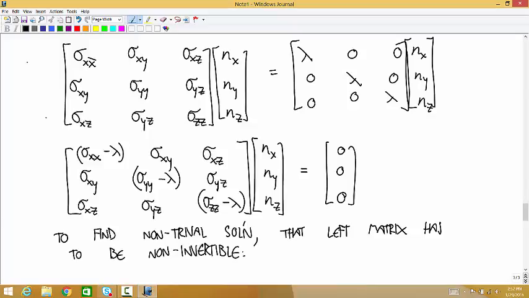Okay, so that's the mathematical setup. We need this matrix here to not have an inverse. And in order to not have an inverse, we need the determinant of that matrix to be equal to 0. If the determinant isn't equal to 0, you can come up with an inverse, and you get a trivial solution. But if the determinant is equal to 0,